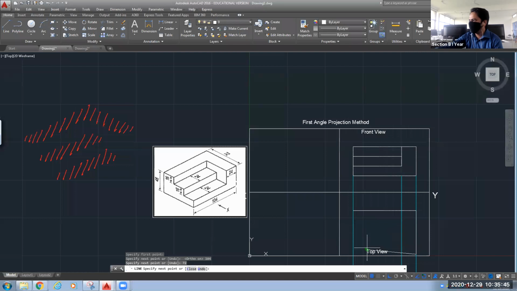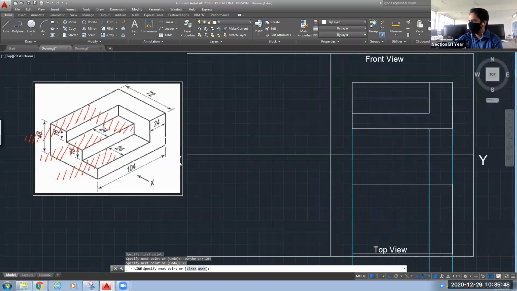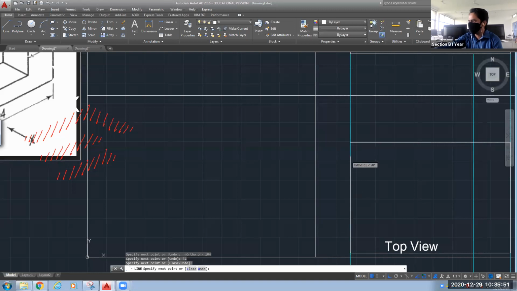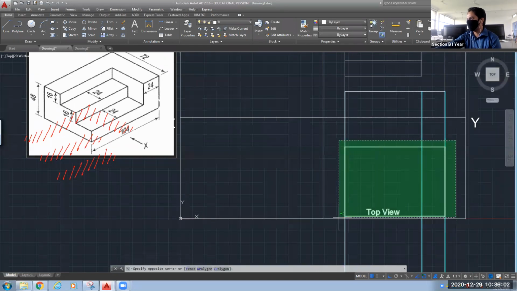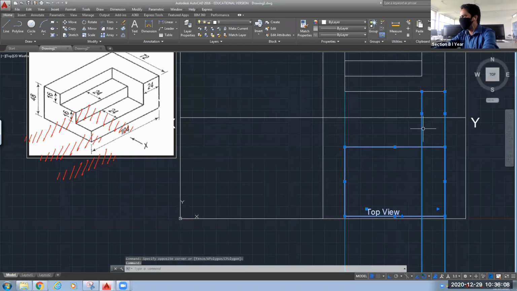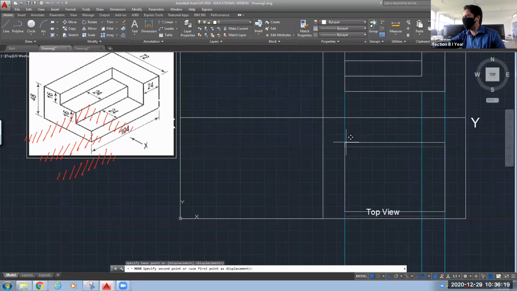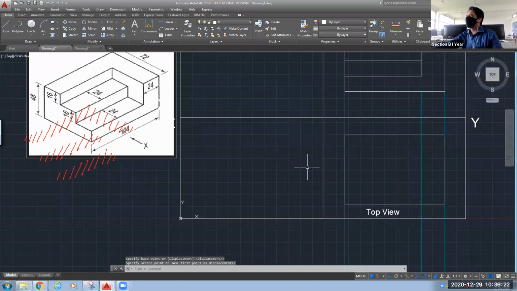Okay, now again you have to complete this box. Oh, it is crossing your top view and you can close it. Let me come out of this and I will move this little bit above because it is colliding with our top view text. Okay, I will deselect these two vertical lines, because I want to move only that box. Okay, now click on this move, select the base point and move it little bit above. Yeah, this is okay. Okay, so now this is your top view.